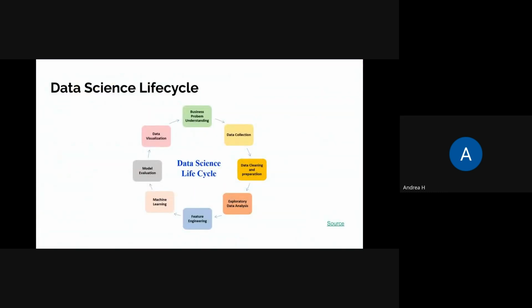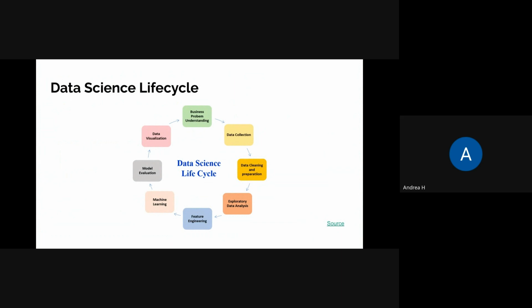So here's the health data science life cycle, or it's the data science life cycle, but for healthcare. It would be business problem understanding. So let's say you're working at a clinic or a hospital, or say a large public health department, you really need to understand how it functions and operates in order to be a data scientist. Or say you're working in a radiology department as a data scientist, you really need to understand how the department operates